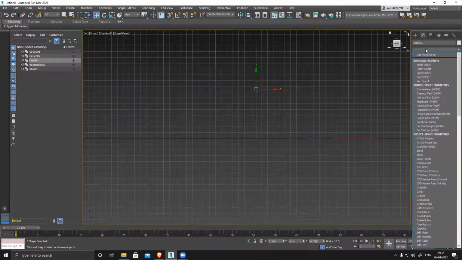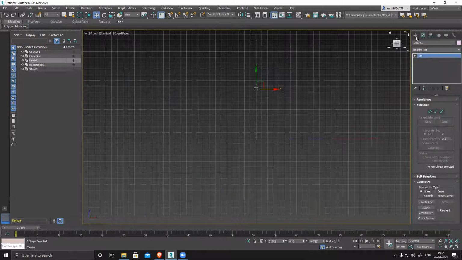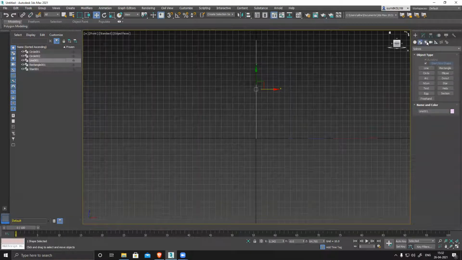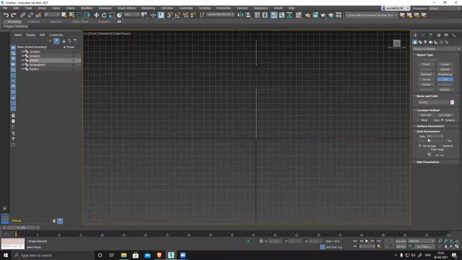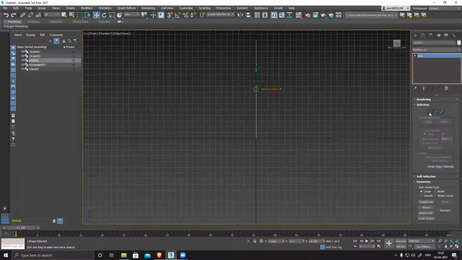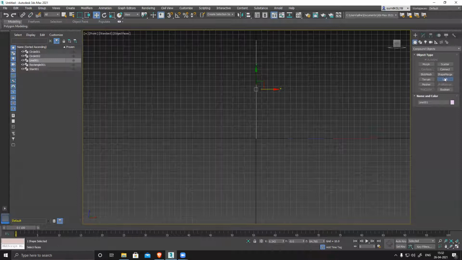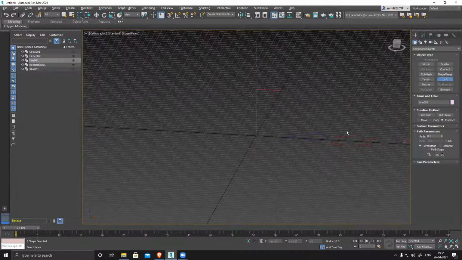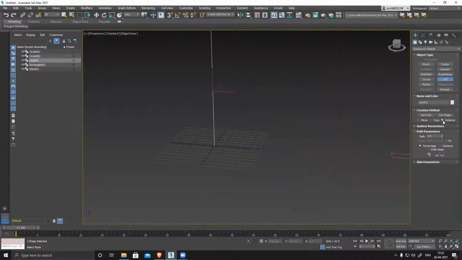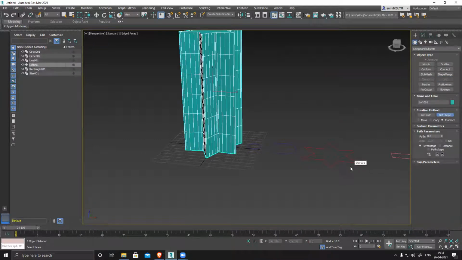Now I'll go here and apply a loft on this, and then go here. Okay, loft, and then I have to click on get shape. From 0, my 0 is my shape star.